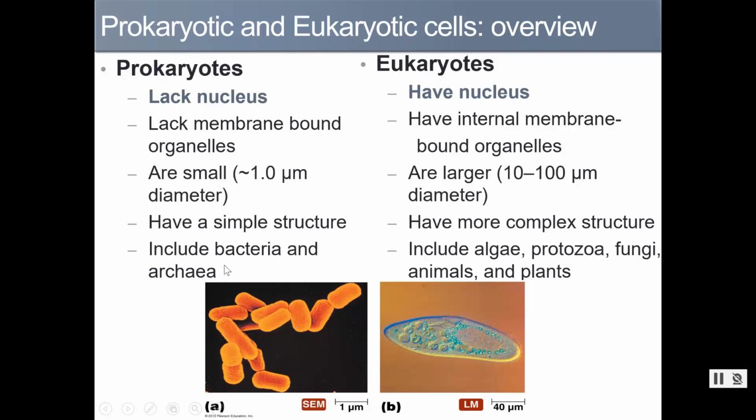Bacteria and archaea used to be lumped together. We kind of had a big organizational system that put things into a prokaryote or a eukaryote and then divided over. Now the domains have been expanded to 3 domains: prokaryotic bacteria, prokaryotic archaea, and eukaryotic cells, or eukaryotic organisms made up of eukaryotic cells. Bacteria and archaea, even though they're prokaryotes, had enough differences that they pulled them out and separated them from